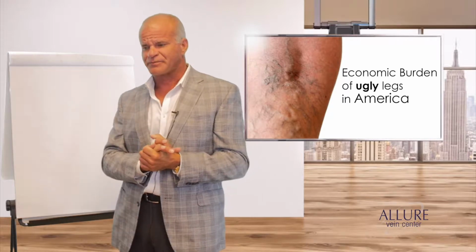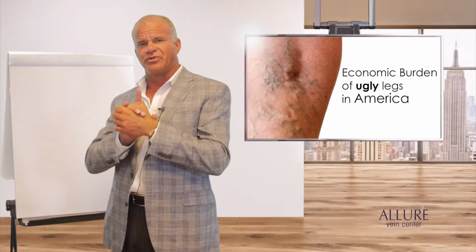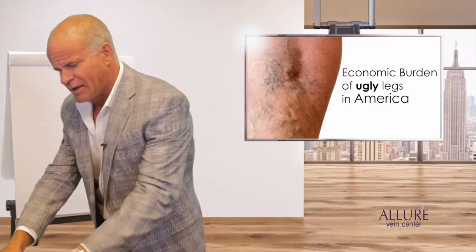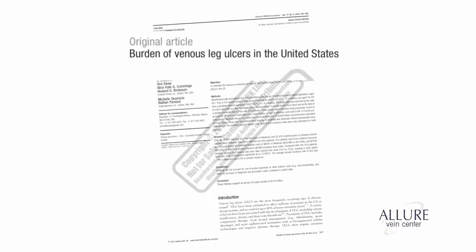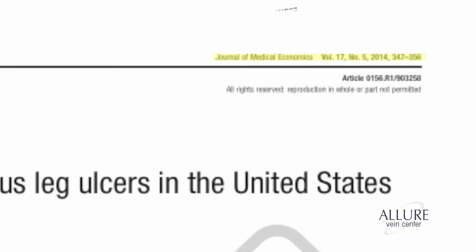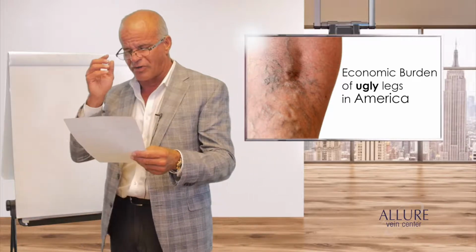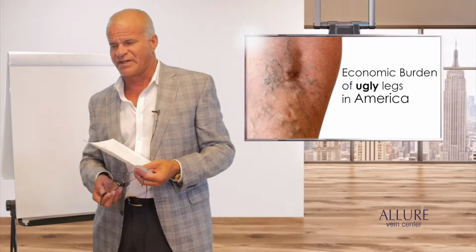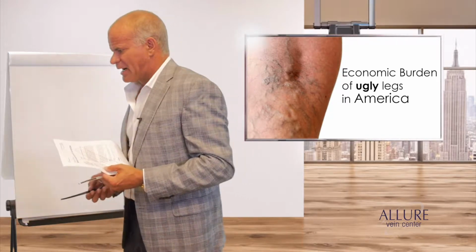The economic burden of venous insufficiency and what we can do to clobber it. Okay, and I don't think you have any idea how big of an economic burden this is. In this paper titled Burden of Venous Leg Ulcers in the United States, Journal of Medical Economics 2014, they looked at Medicare, non-Medicare, such as Blue Cross Blue Shield, all the insurance carriers that they could get access for, and they looked at the cost of treating venous leg ulcers, venous stasis ulcers in the United States in 1 year. And they did it 3 years, but they only published it for 1 year